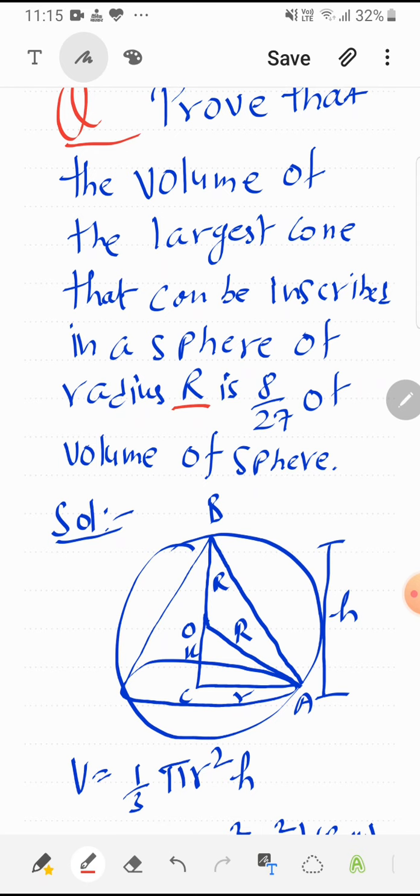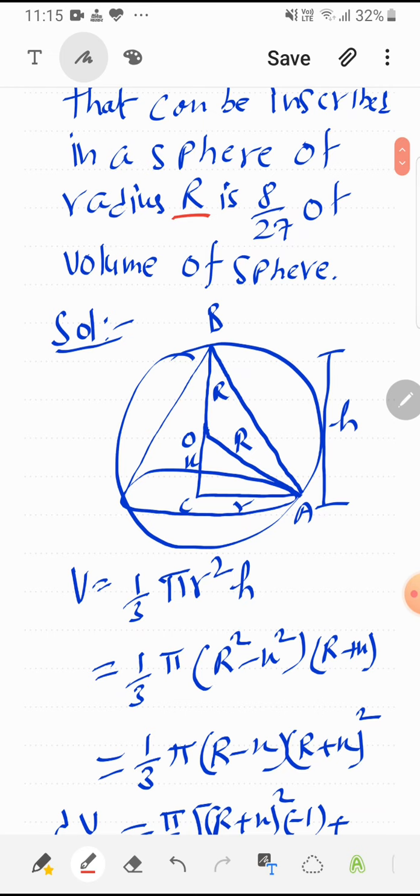So you can see OA and OB are two radii and OC is x, whereas BC is height of the cone. Now volume of cone is 1 by 3 pi r square h. So by Pythagoras small r square is R square minus x square and h is R plus x. Now we can differentiate from this expression also, but to make the calculation a little bit easier, I am applying the formula a square minus b square. So it is a minus b and a plus b, which is R plus x, it is combined with this R plus x, so that here R plus x whole square.